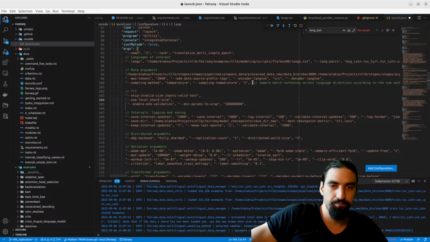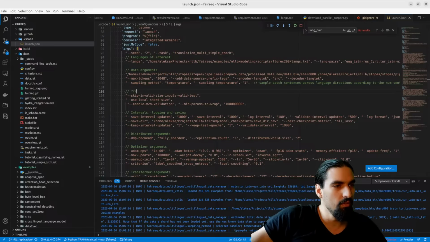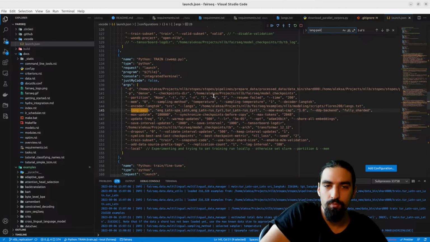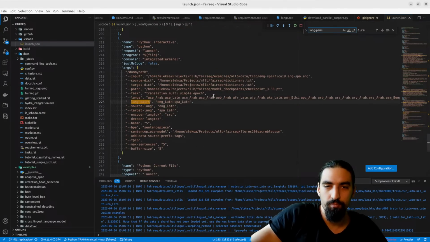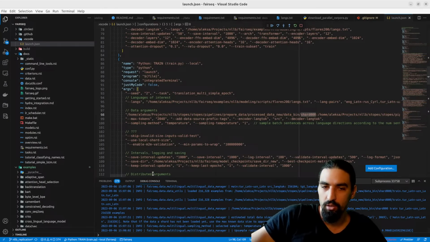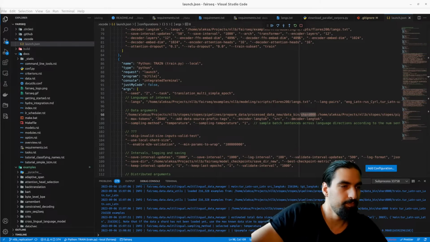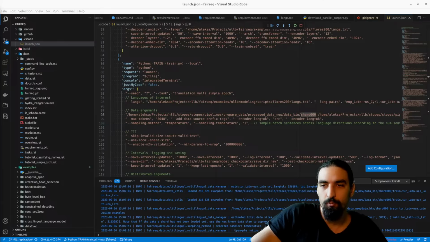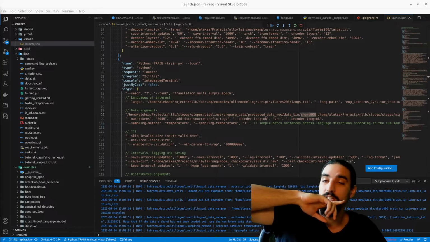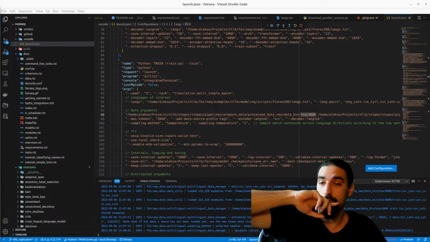Okay. Save that. Language pairs. We now know how they are used as well. We'll basically be picking only those language pairs, both for training as well as for validation.